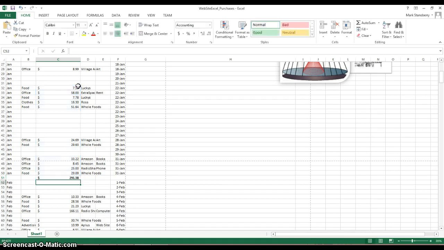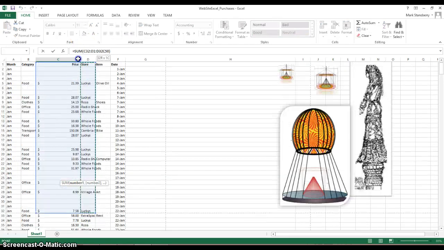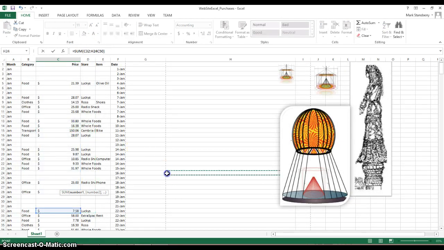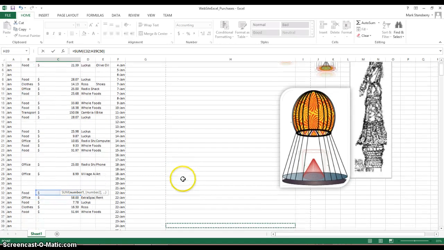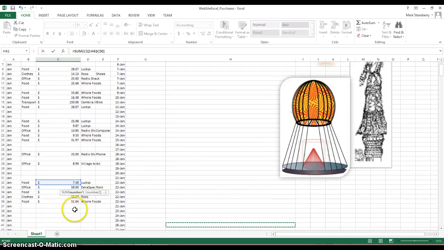Okay, press enter, and it's 291. Double click again, and we can go all the way to the, oops, gonna be careful with this. We can sum anything with this select and sum feature. But at any rate,